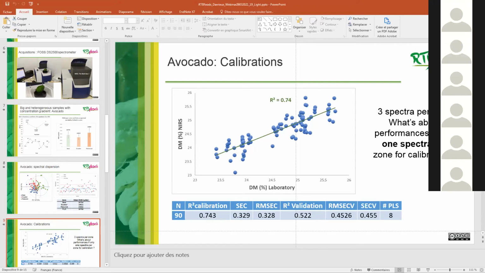Maybe Fabrice, I can follow up with why I asked this question. Sometimes when we try to develop and optimize the application for fields, we are met with pushback, saying that the protocol is not approved and is not the right SOP because you're doing fewer samples, and somebody else did 50 spectra per root and you are only doing 3 or 6, or somebody else did the mashing and you're not.